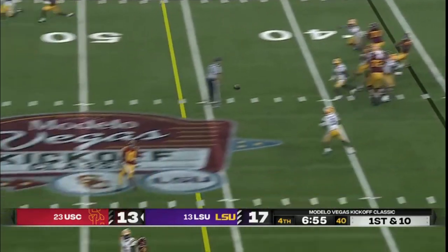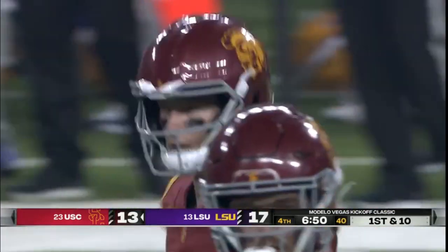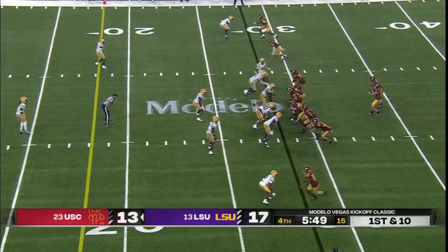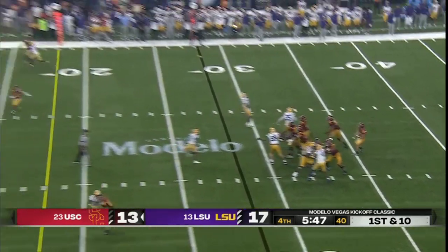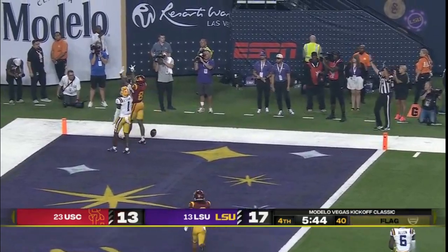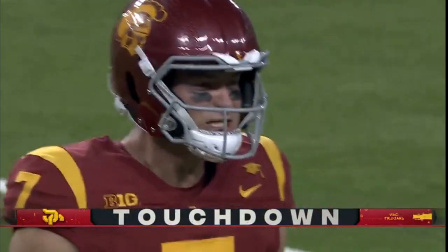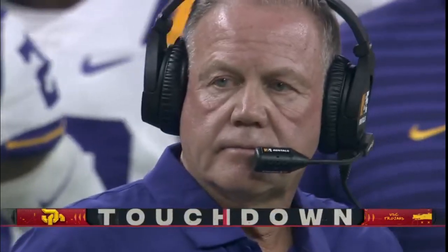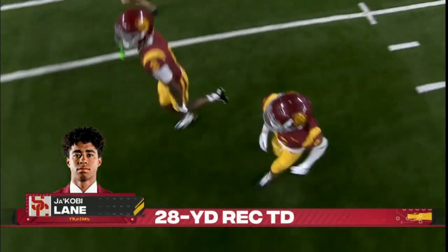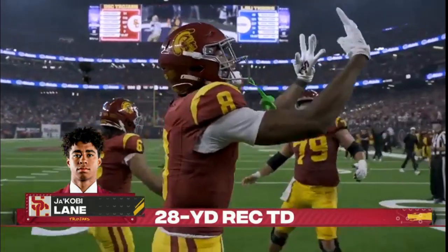Miller Moss back to work, firing, got Kyron Hudson. Hudson into LSU territory inside the 45. Free play. All right, caught Major Burns offsides. Moss going to try to make him pay. Throwing to the end zone. He's got it! Touchdown, Jacoby Lane! Drive. Number 8. The penalties